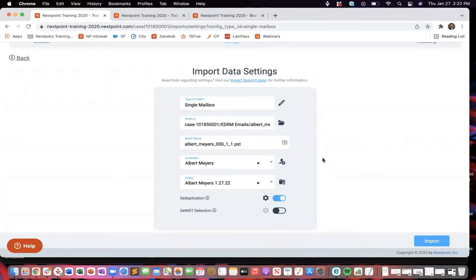Right now you can see that deduplication is toggled on, and DNIS detection is toggled off. What deduplication is essentially doing is taking those documents and looking at their MD5 hash, or like their thumbprint, to identify, is this a unique document in this database? If it is, it will import it. If it's not, it's already been imported, it will remove it so that you don't have multiple copies of it,